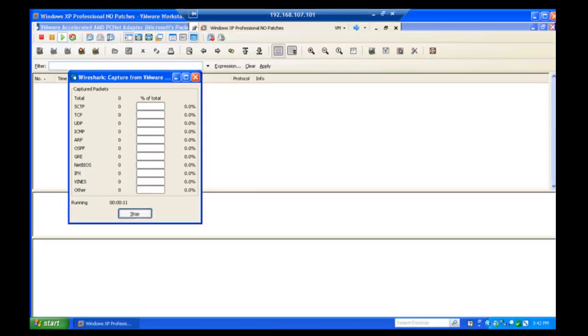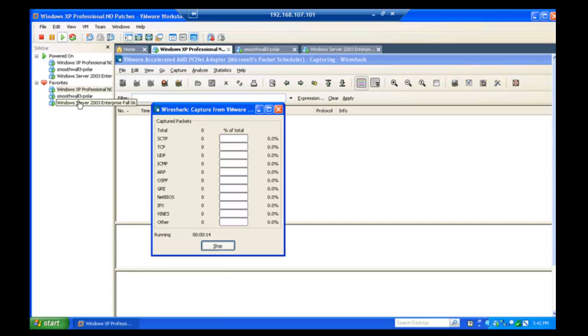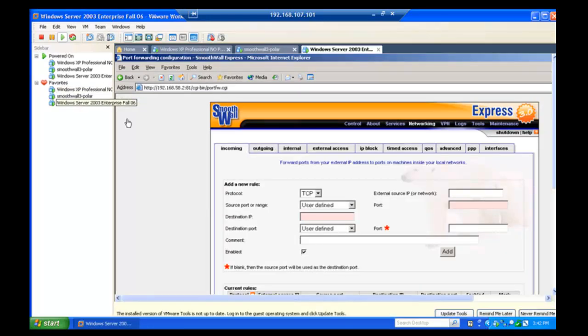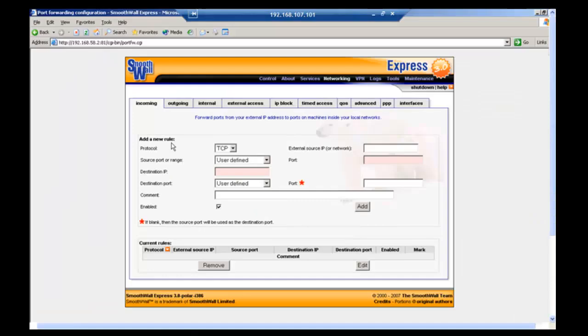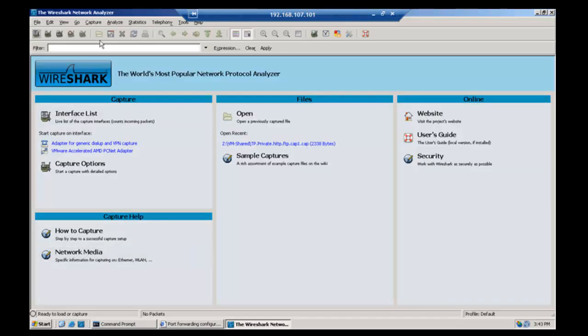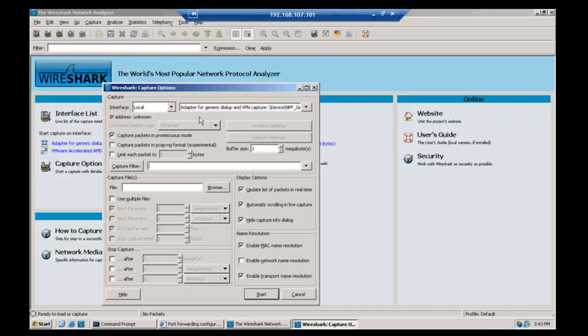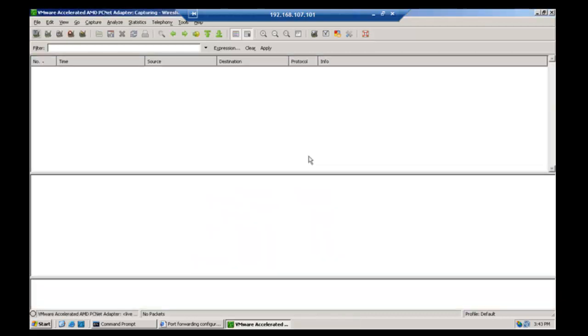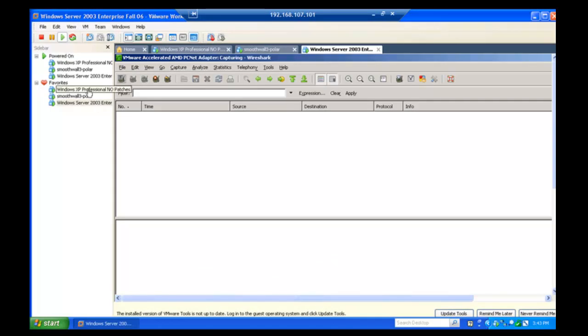I want to go back to the remote desktop. Come back over here to the server side. This is the private side. I'm going to run Wireshark over here too, and I'll show you the difference in what it looks like from one side to the other. Options. Again, I want the VMware interface. Clear that. I'm okay with everything else. So start this. Now I'm going to switch back to the public side